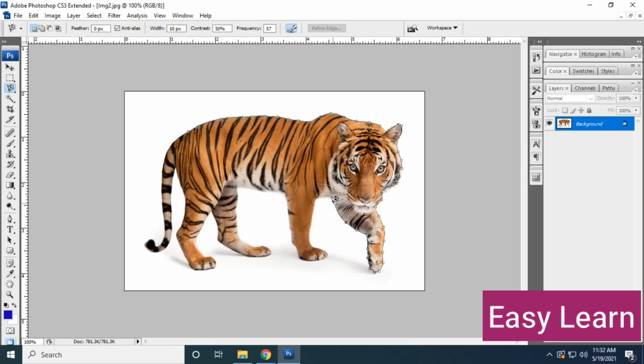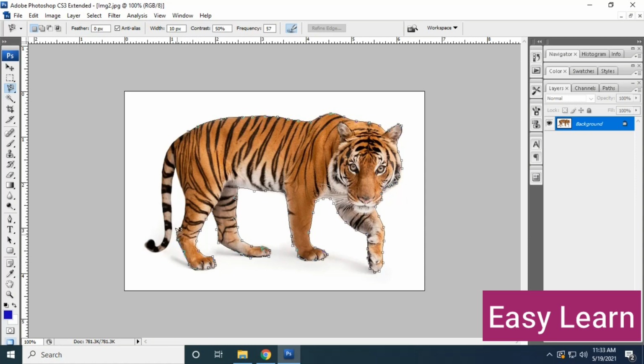The main thing is the background is white, so it is pretty easy to cut the image and pretty easy for the tool. It will recognize the color because it's a single color background. The tool easily identifies the color pattern. Now I'm just moving. Here the white is slightly mixed with the background, so I'm clicking manually. Otherwise I can just roll over with my cursor. It will identify the color, pick the color and make the selections easily.